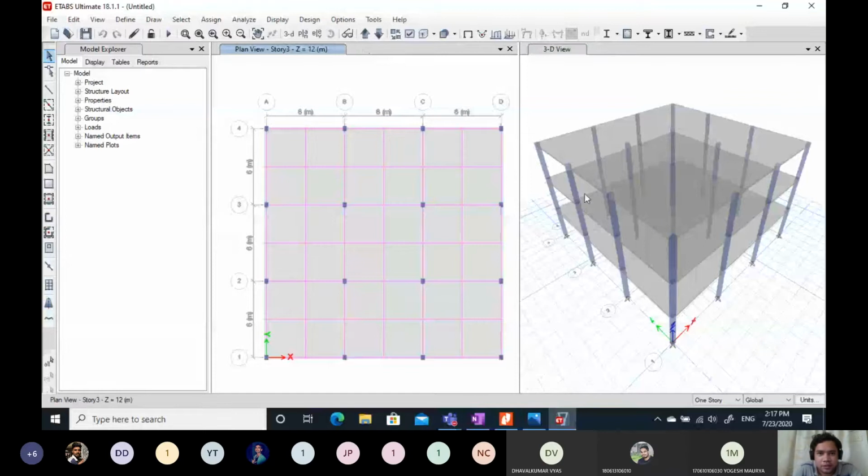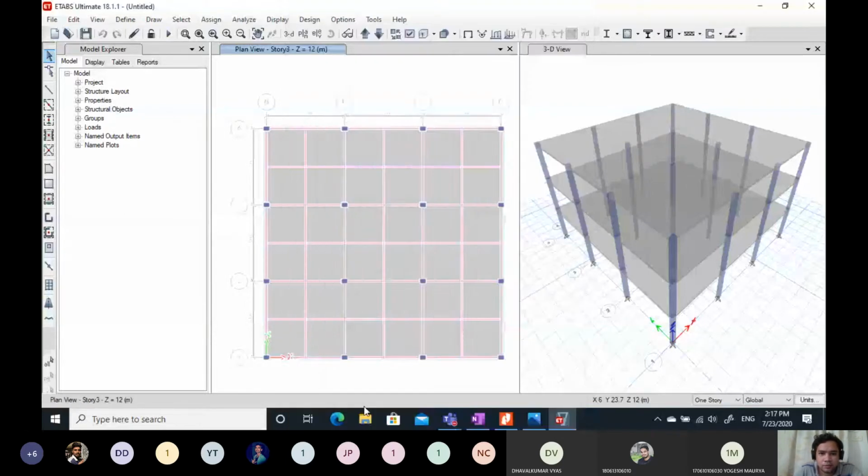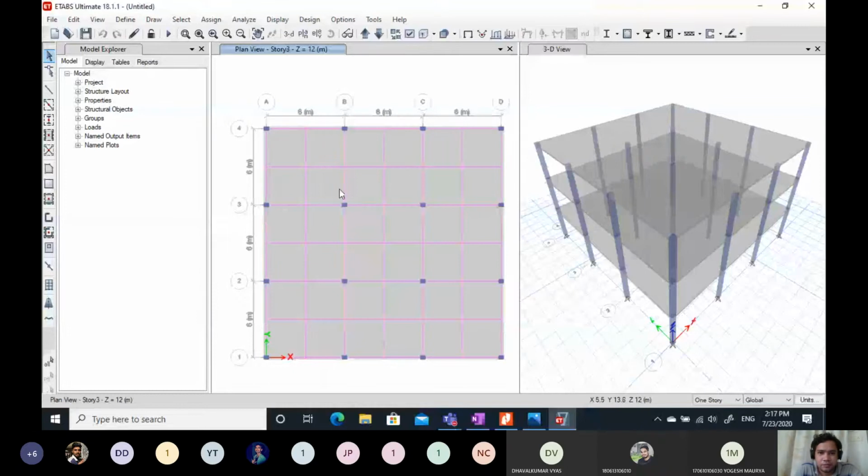See, it is changed here, but here it is not. Let us just change extrude frame sections and cell sections here also. Now see, it is changed. Actually, the view was not refreshed. That's why it was showing the changed property here, but here it was not showing, because we have to refresh the screen. So now the geometry is created.